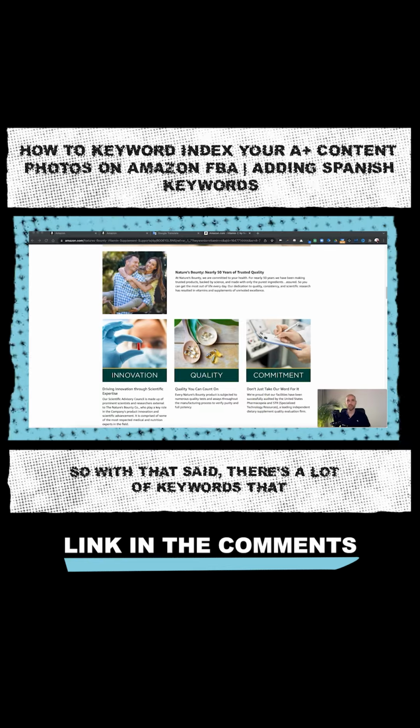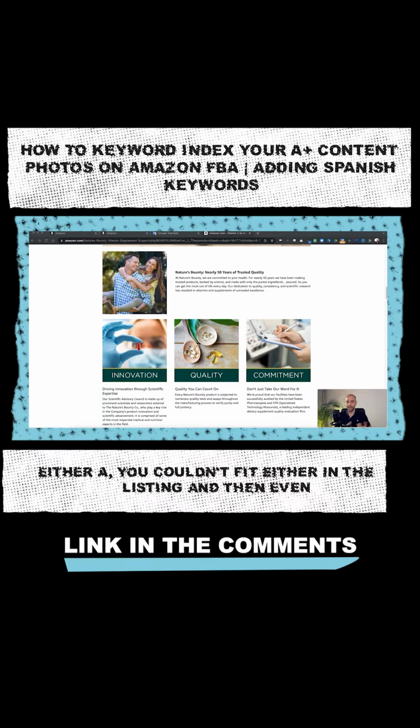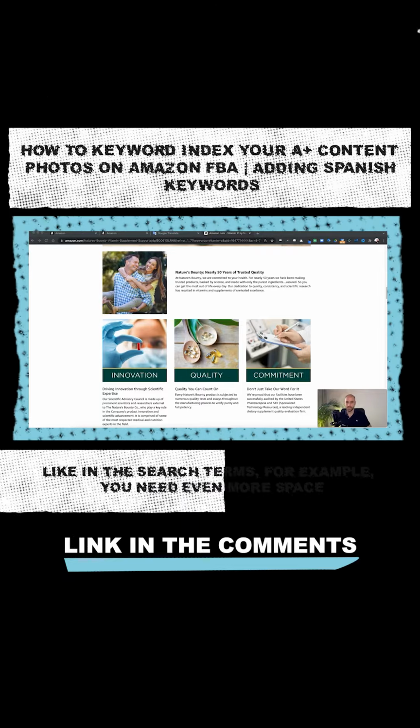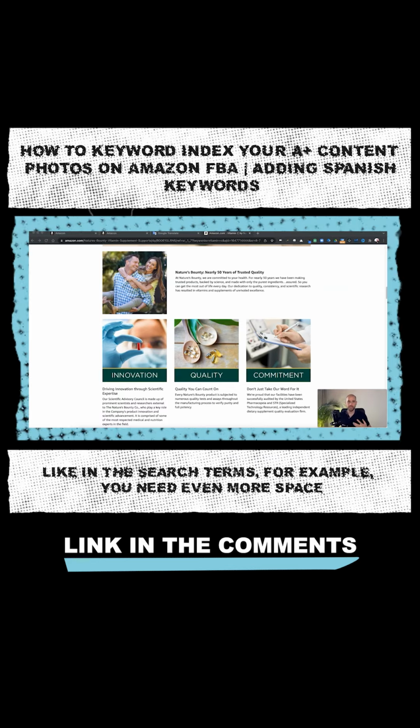So with that said, there's a lot of keywords that either A, you couldn't fit in the listing, and then even maybe you had spillover from what you couldn't fit in the listing in the back end, like in the search terms, for example, you need even more space